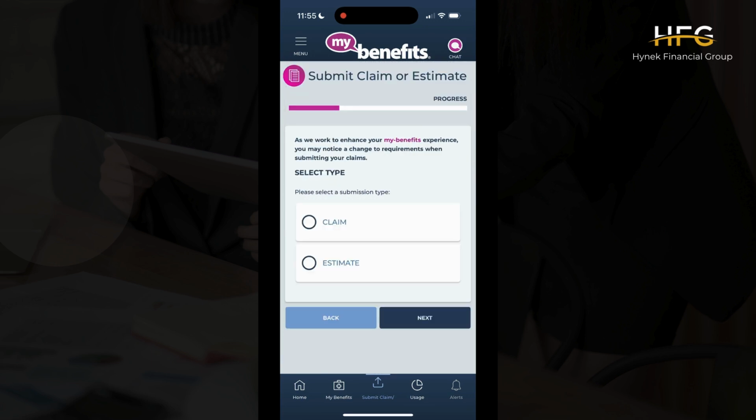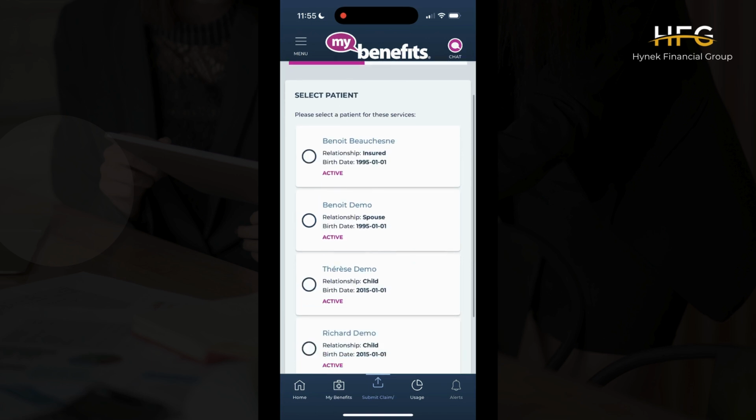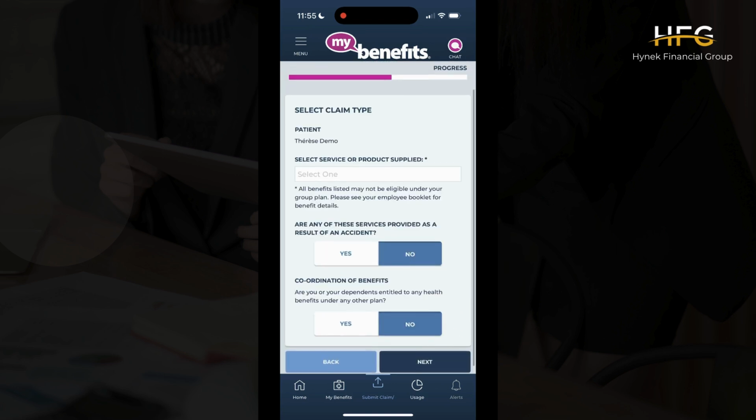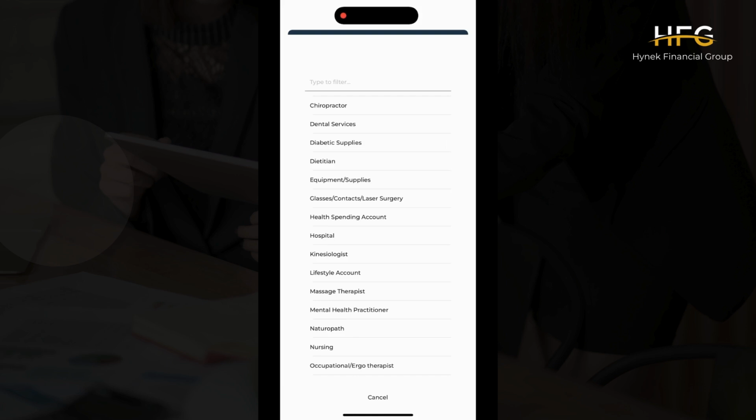Then, pick whether you want to submit a claim or estimate and proceed to the following page. Now you must choose the patient under your benefit plan who the claim is for, and continue to the subsequent section. On this page, you must fill in the service or product supplied and answer yes or no to each